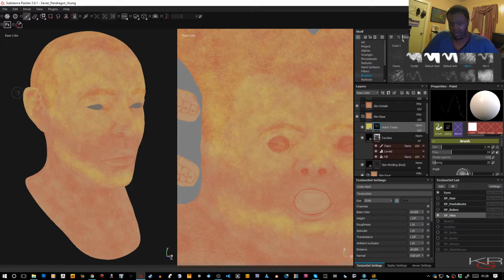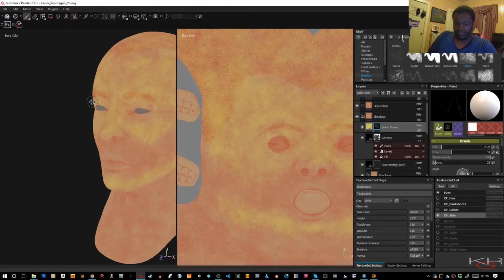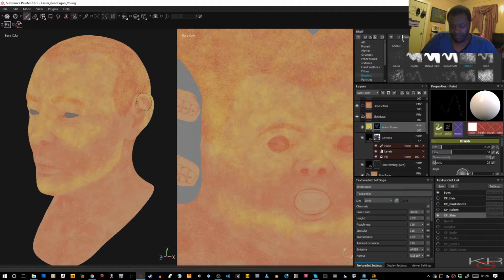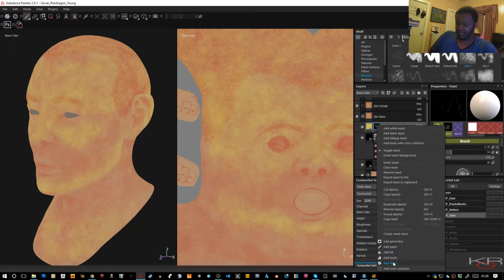Just kind of going in real quick and filling the ears a little bit with this. And I usually add some yellow on the lower area where the collarbone would be. This is another reason why I like looking at people and studying people's faces and seeing how they look. So that being done, I'm gonna go ahead and now add a filter to this,